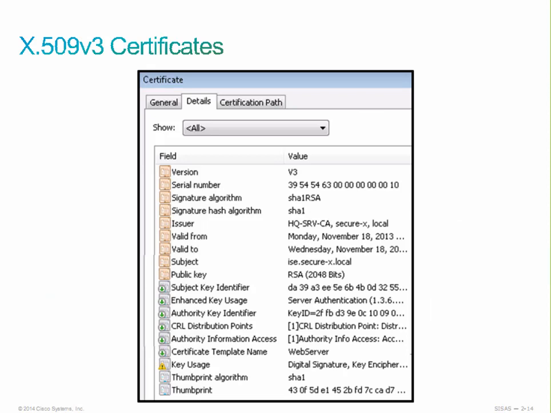X.509 is basically a standard format for defining the format of something called a public key certificate. They're used for things like TLS, SSL if you're using HTTPS for browsing the web, or they're used for electronic signatures, digital signatures, and so on. An X.509 certificate contains a public key and the identity, usually based on the host name, the organization, or an individual,